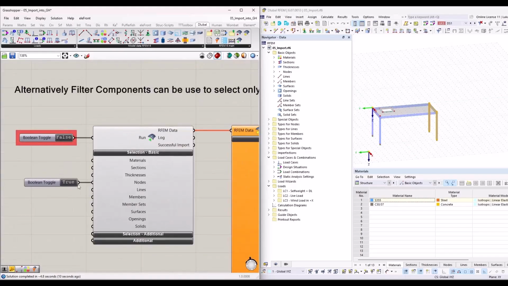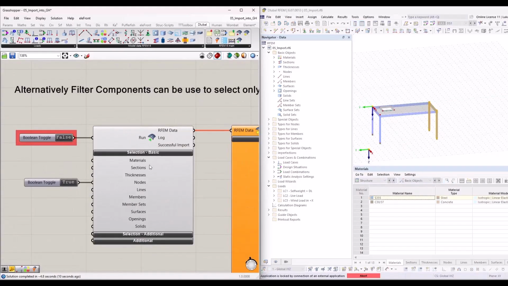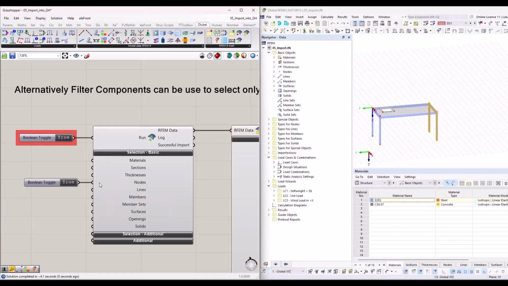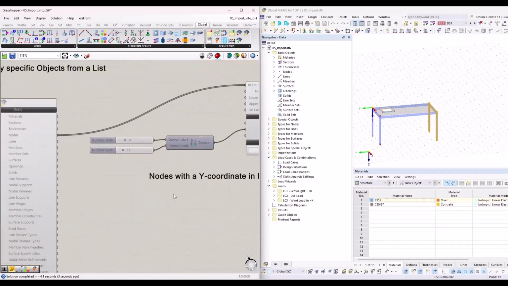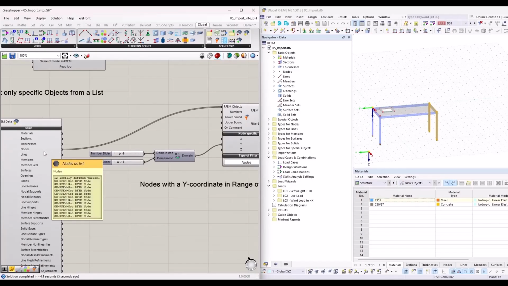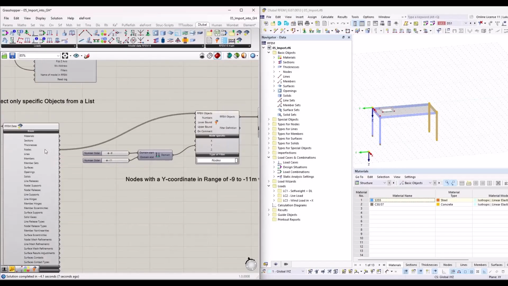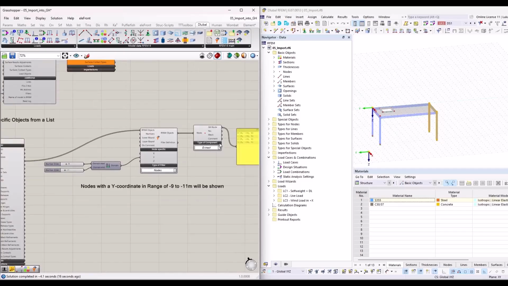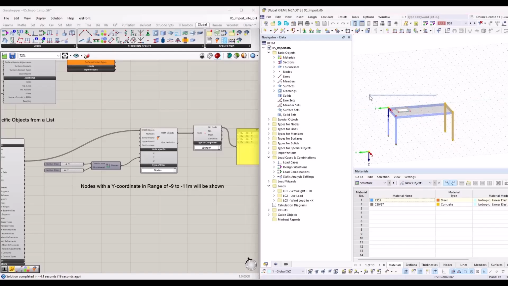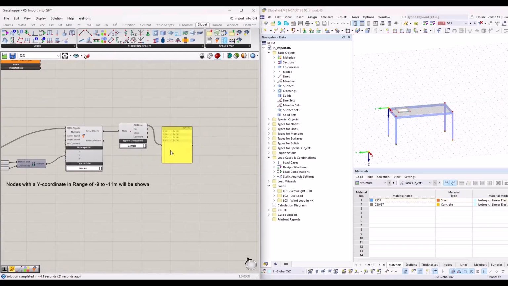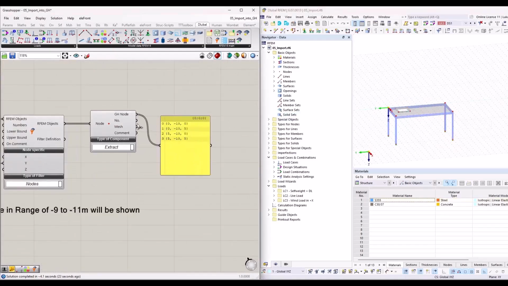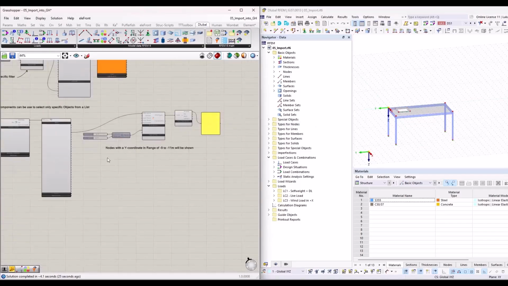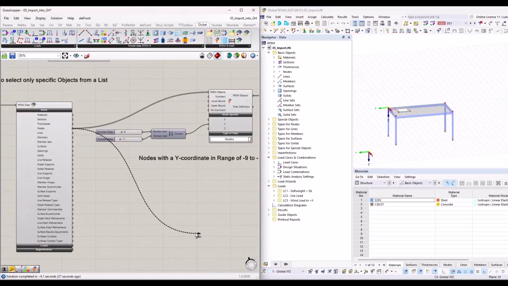So let me run the import here as well. Same example, I import all the nodes. Now really all nodes, but then I want to split up the data package for my nodes. Maybe for some reason I have a couple of branches here. Yeah, I need these 4 nodes again, same ones that I used here from -9 to -11 for something else, maybe to create a surface or whatsoever. And then you could use other nodes, again with the filter component